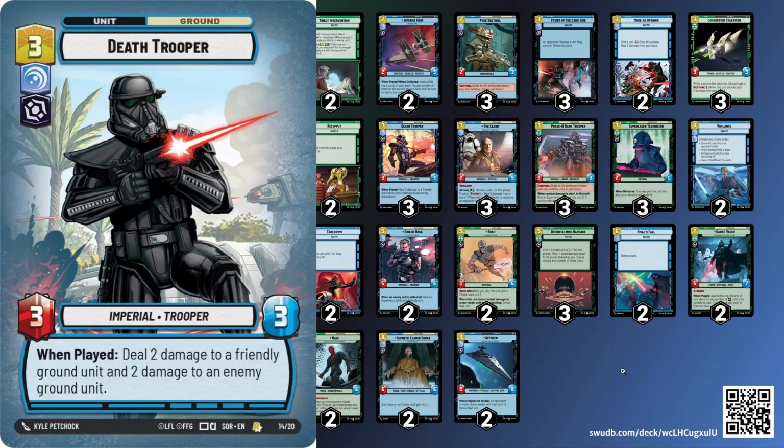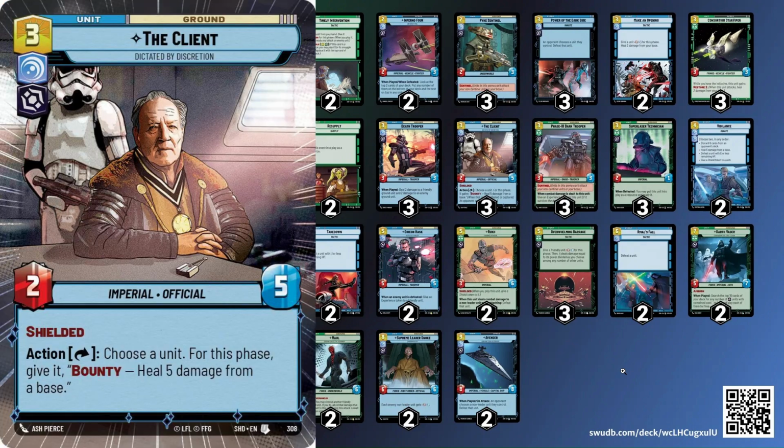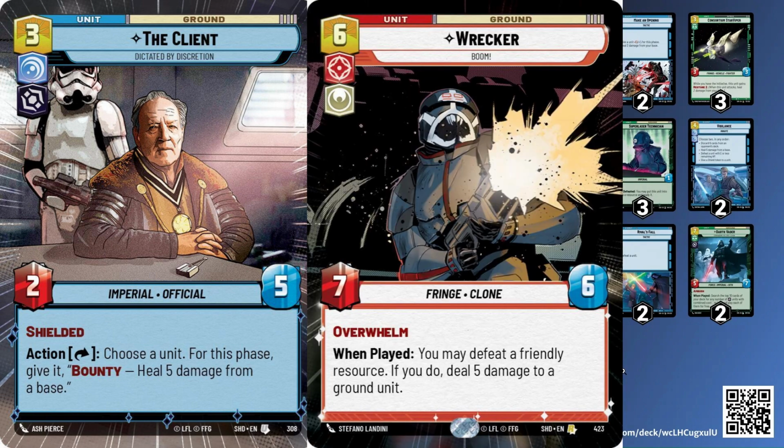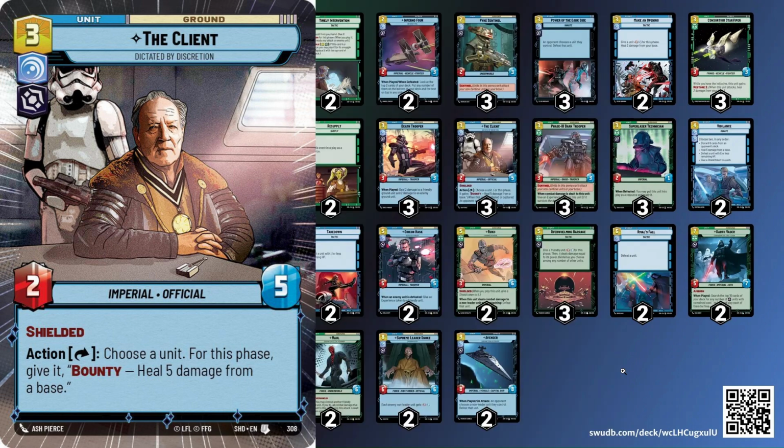The 3 Death Trooper that I spoke about is very, very awesome in this deck. The 3 Client, again, Client is just extremely necessary in this deck, especially with how much power aggro has gotten with the Poe and the Wrecker. They already had a lot of power, so Client is necessary because, if they don't deal with it, I can kind of snipe the board